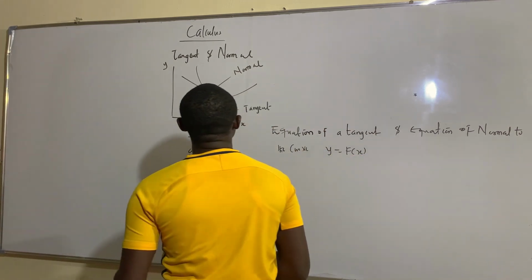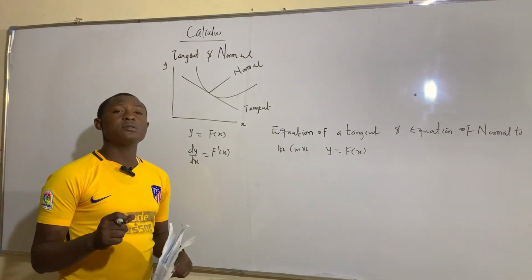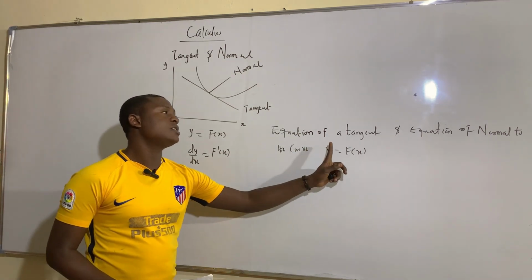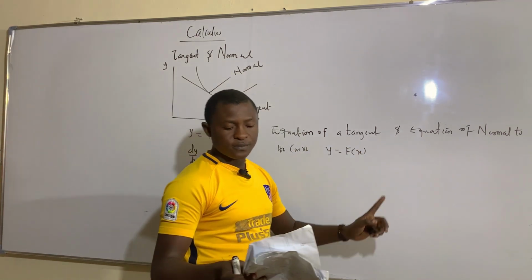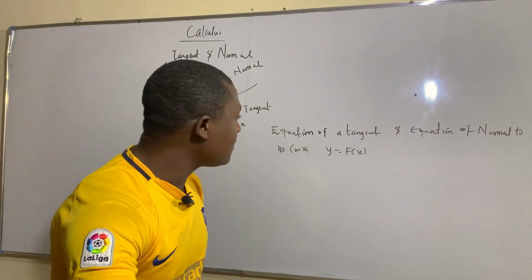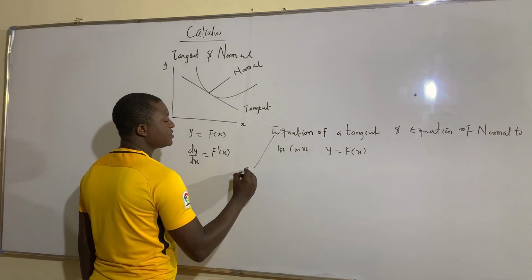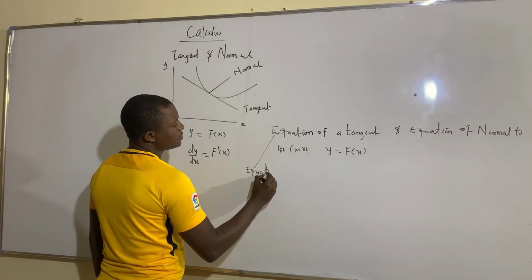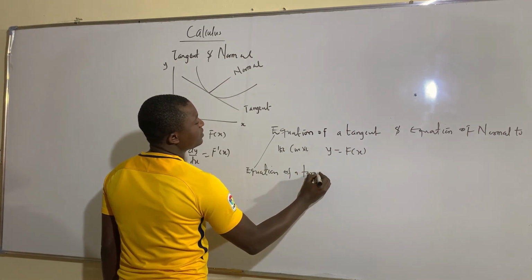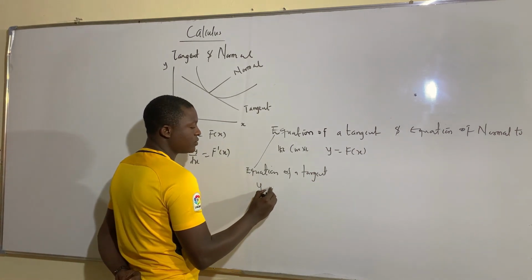So we have already mentioned that if you have to find dy dx, we said dy dx is nothing but gradient. So how are we going to relate to this? Either you have to find the equation of a tangent or the equation of a normal to the curve. I'll just give you simple formulas. If you are asked to find the equation of a tangent, just a little difference. If you have to find this, just a formula, we normally apply this, y minus y1,